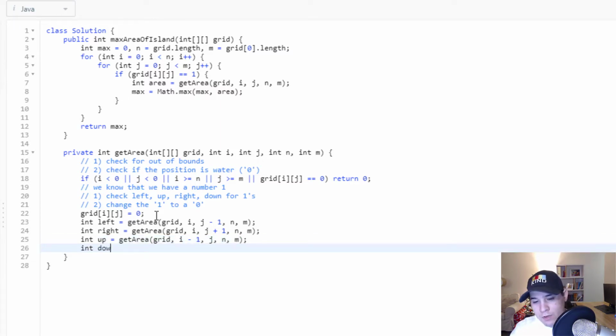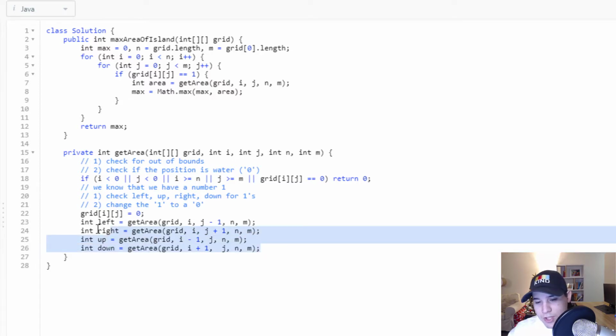And then finally, we're going to go down. And this will be i plus 1. Right? And so now that we have checked, we're checking recursively for the left, right, up, and down neighbors,